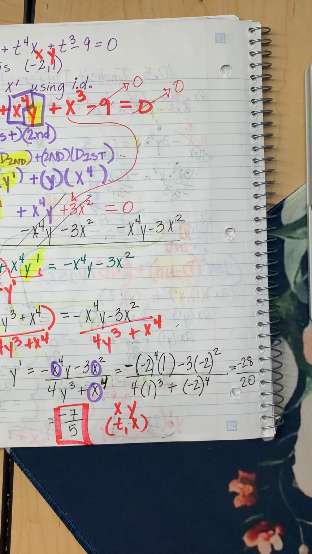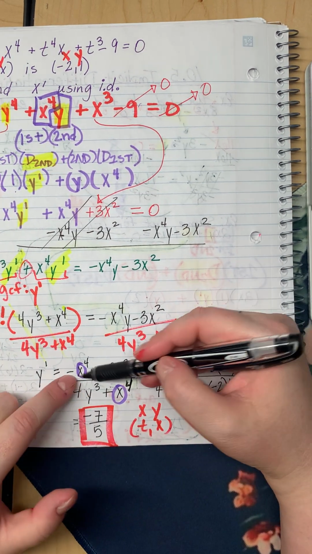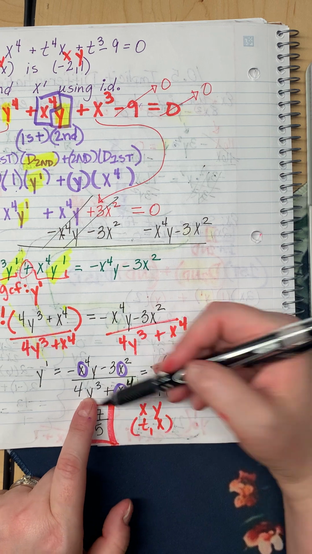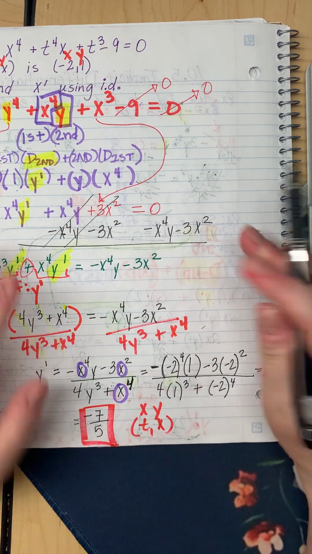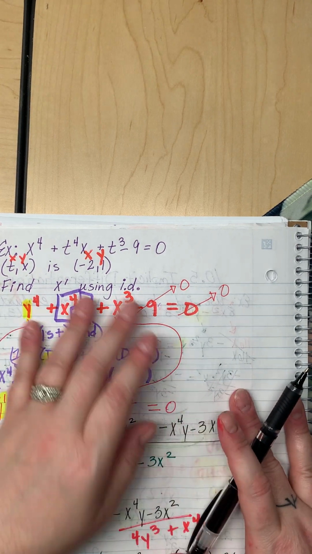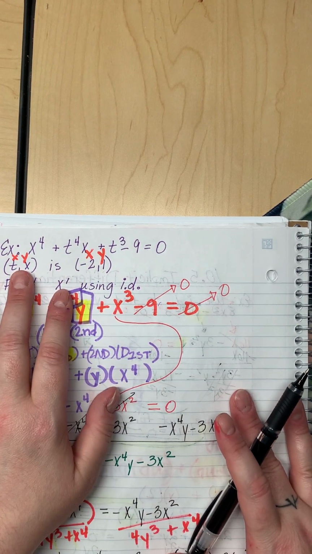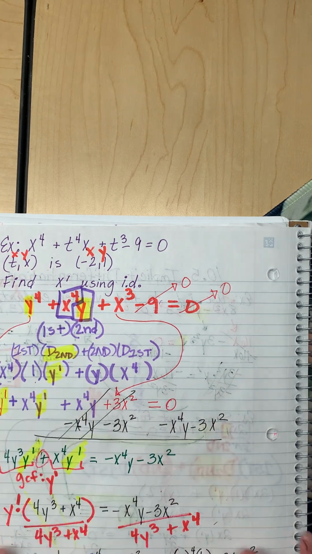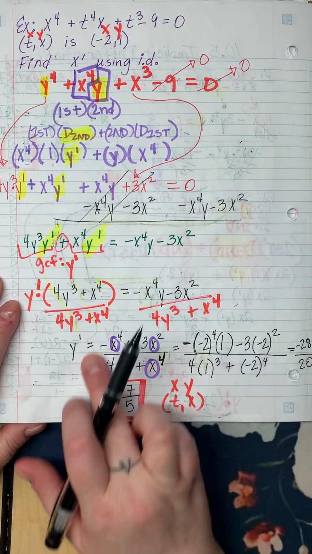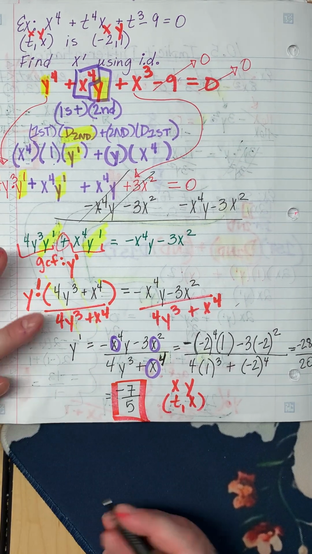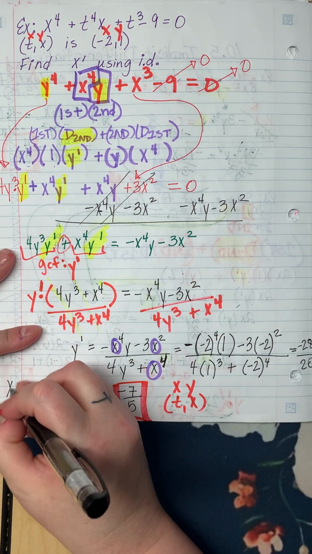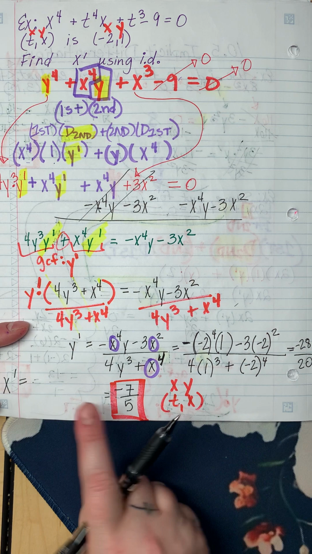At the beginning I was going to have a hard time with the X and the T, so I changed it to X and Y. Now we have to change it back because I think your homework wants this with the original letters. So every time we see an X, we put a T, and every time we see a Y, we put an X. So y prime, y is the letter x now, so x prime equals negative